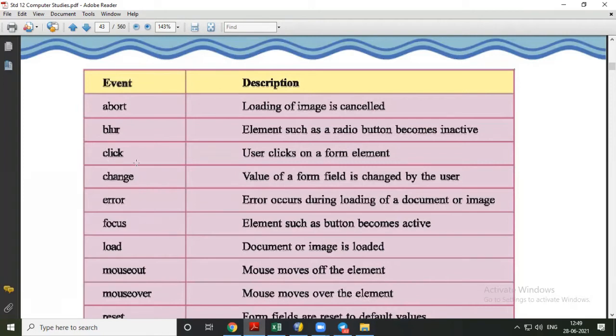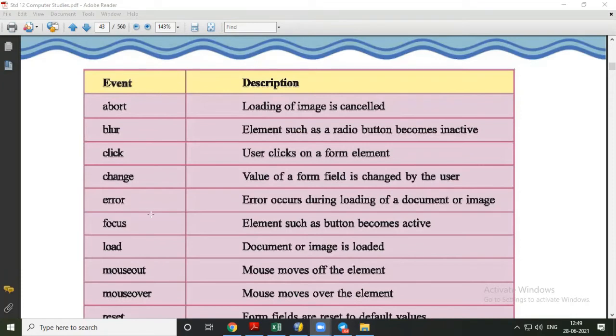Then click, when the user clicks on some part of that form, and something happens, then the click event is there. Before this, for each event there is onAbort, onBlur, onClick, onChange, like that. This is the onChange event where the user is changing a form field.